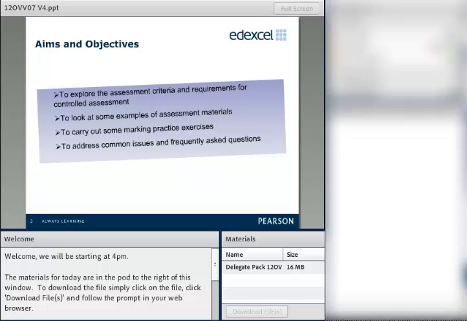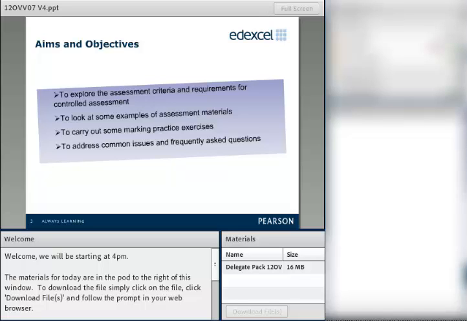I'm going to go through two of the internally assessed units for the GCSE Leisure and Tourism qualification, looking specifically at what took place over the June series, and just to take some questions as and when they come up. Some of them are coming through. What I'll tend to do is go some way through, and then when we build up a little bank of 3 or 4, I'll probably take a break at a reasonable time and then go through them at that point. So I hope that suits everybody.